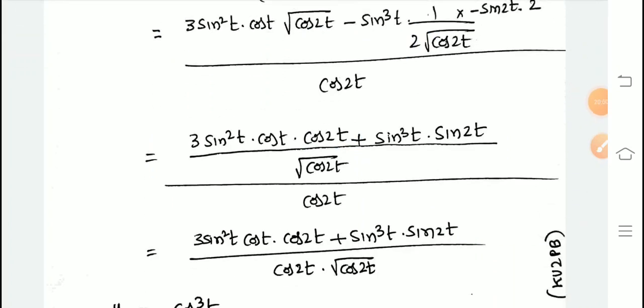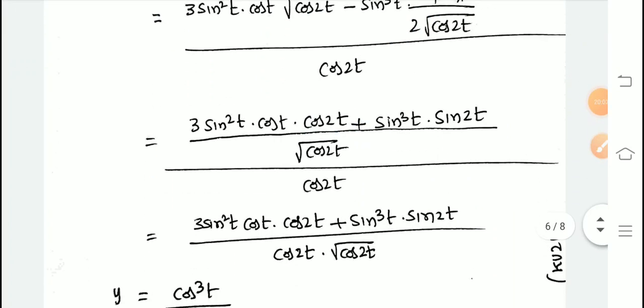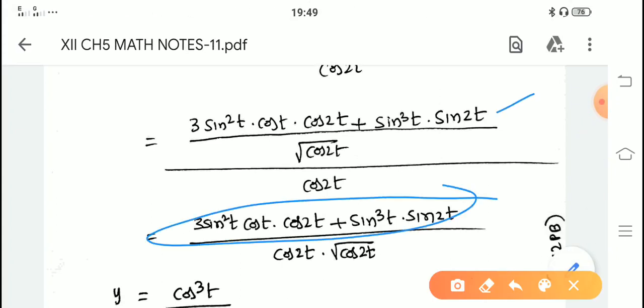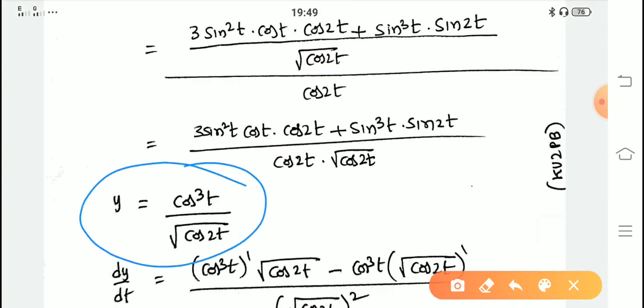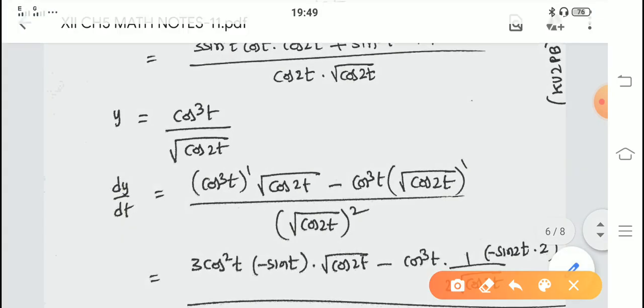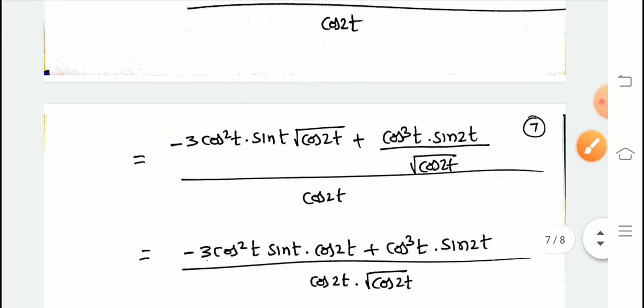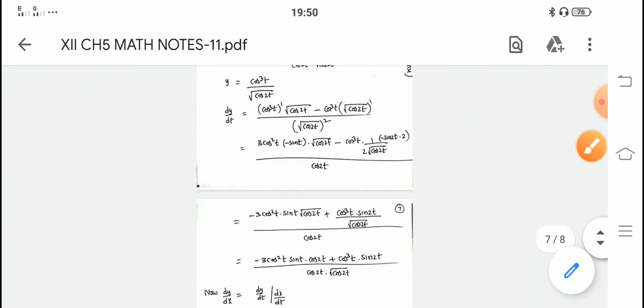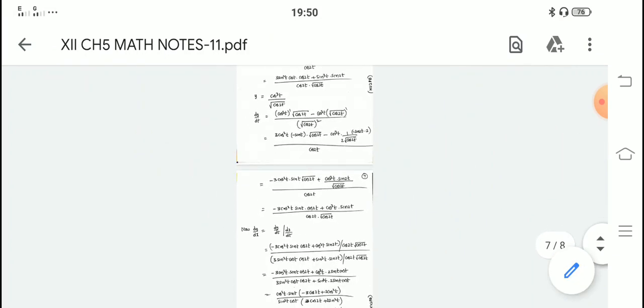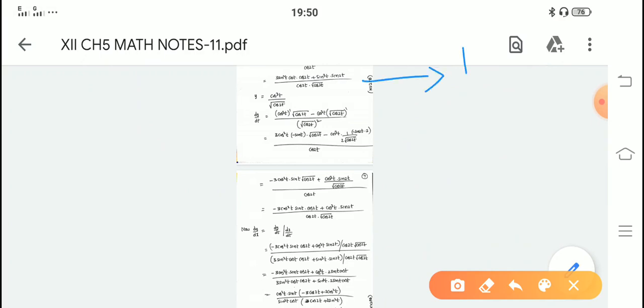So as it is, the numerator you write down in the numerator, then this 2 root cos 2t and cos 2t are multiplied. Very clearly you do that by using the u by v rule. Same for dy by dt, the same process will be applied, the same simplification will be done, so that finally you get dy by dt like this. See, it may be very small, but if you are looking at the PC it is visible to you, this is dx by dt and this is dy by dt.